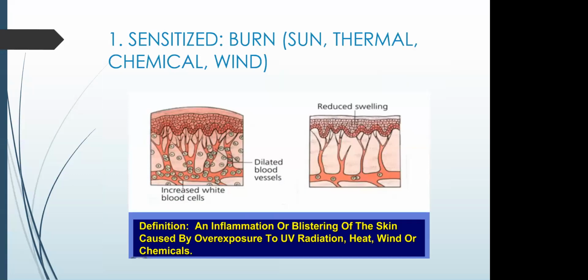We're going to go through each of the skin conditions and talk about each of them. Again, first one, sensitized, burn, whether it's sun, thermal, chemical, or wind. Appearance of sensitized skin could be redness, flaking, warm to the touch, and pain, especially if it is sun exposure. So sunburn is overexposure to the sun, damaging rays, or tanning beds even. In addition to sunburns, these damaging sun rays have a cumulative effect and can result in a variety of skin eruptions, irregular pigmentation, premature aging, and possibly skin cancer.